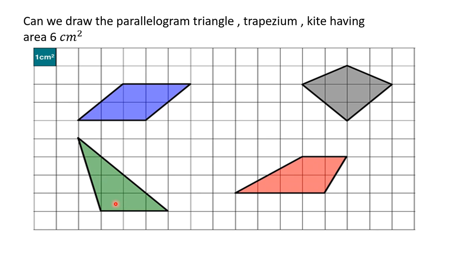This is the triangle. Again by the same method: the number of complete squares multiplied by 1, the number of half squares multiplied by half. So here 1, 2, 3 complete squares, these two halves are 4, these two halves 5, and these two halves 6. So this is the triangle, and this one quarter area we neglect. So this is the triangle having the area 6 cm square.